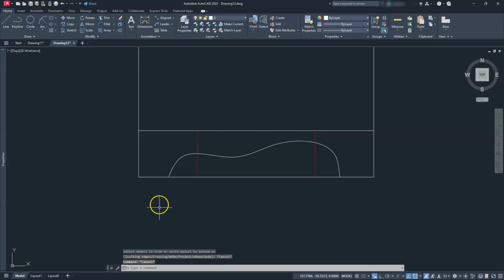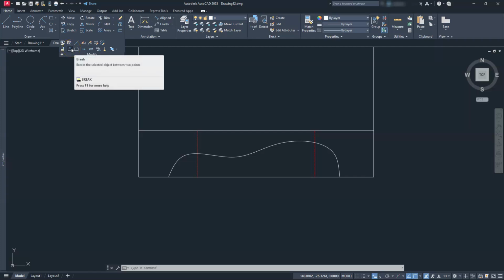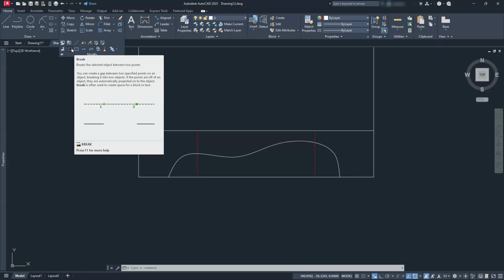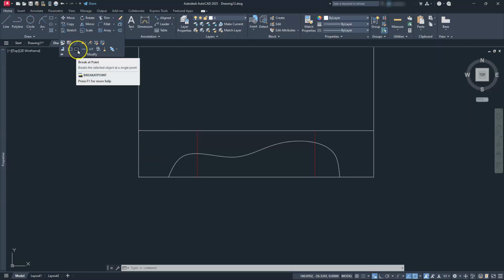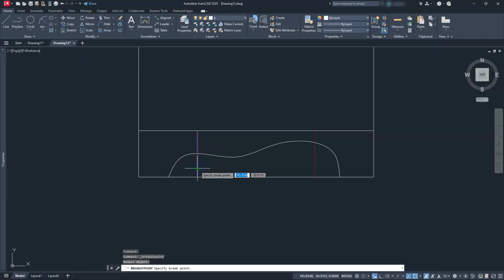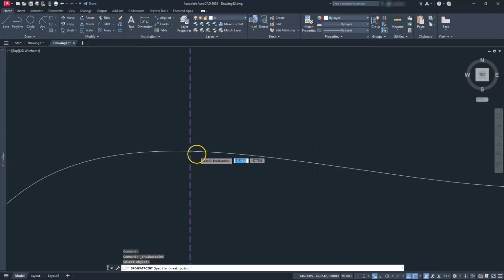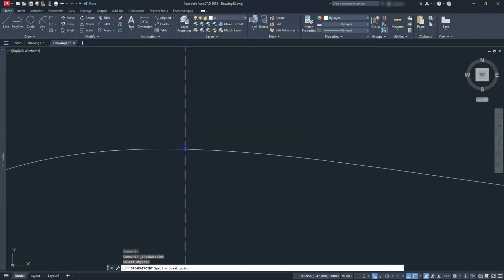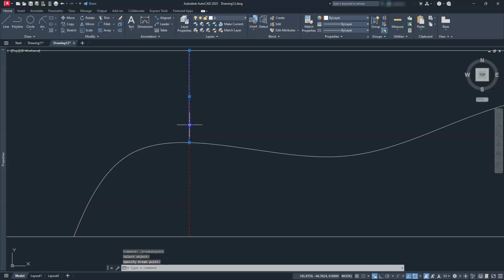And then what I'm going to do is break these 2 lines, right? Remember we have 2 different options of breaking. I can use a regular break or I can break at a single point. Now, I can use both of them to break at a single point. This one just has them all combined into one. So I'll show you both of them. If I use the break at a point command, all I have to do is select the object, and then it says select a point. And so I'm going to select right at this intersection here,